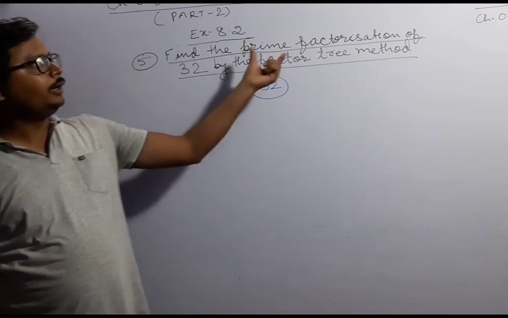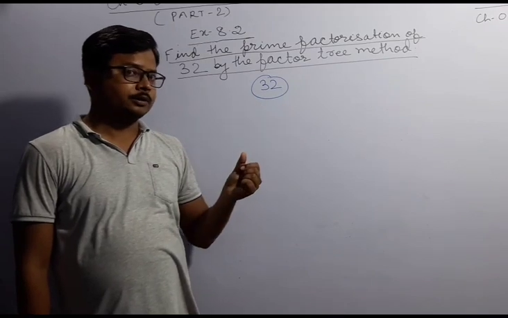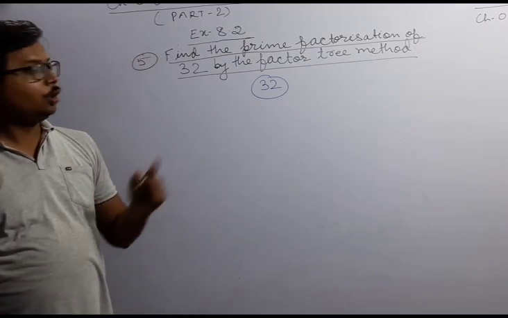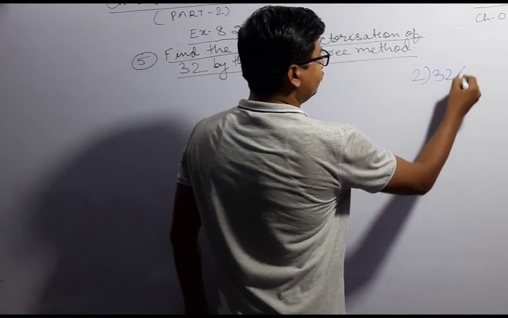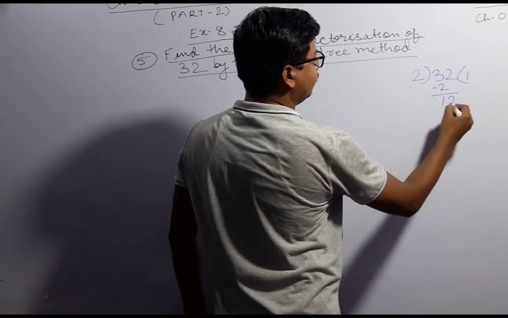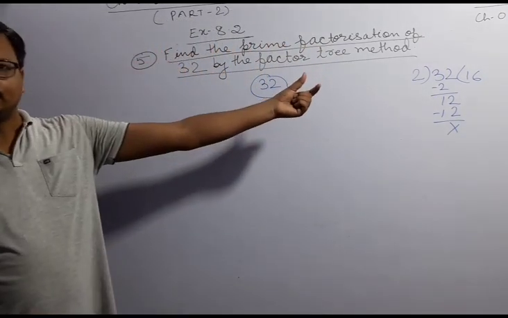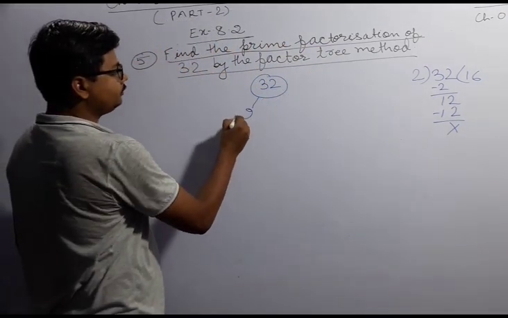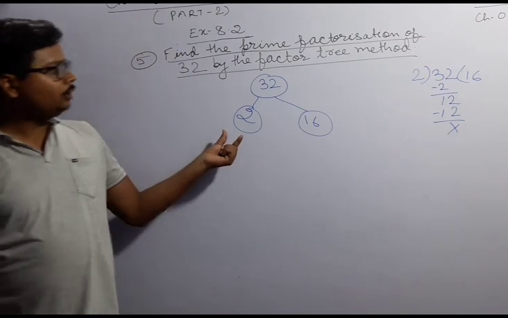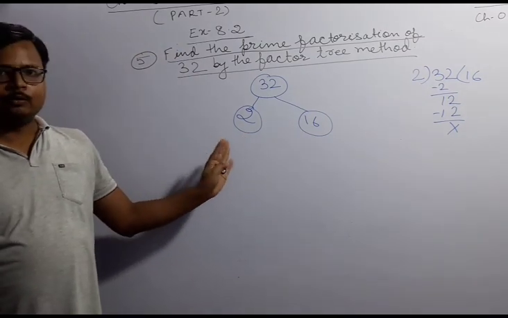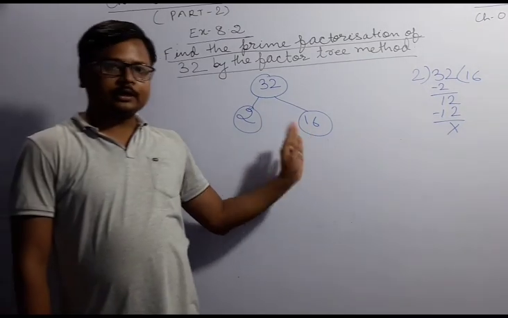As you all know, it is clearly written prime factorization. So for 32, we have to divide 32 by a prime number first. The smallest prime number is 2. So we divide 32 by 2. In rough I am doing this. 2 into 16 is 32. We can write it like this. Now here you can see 2 is a prime number. We cannot divide 2 by any number other than 1 or 2. So leave it. Now let us check 16.